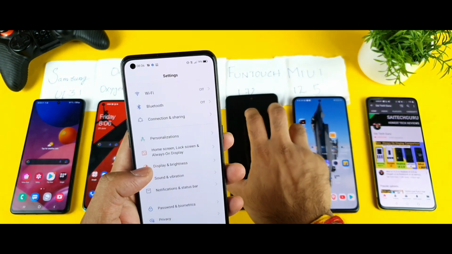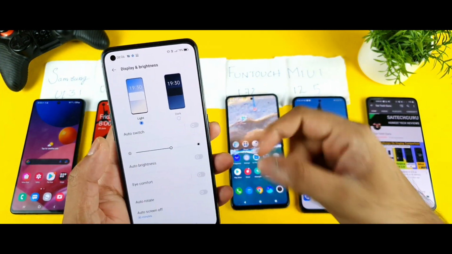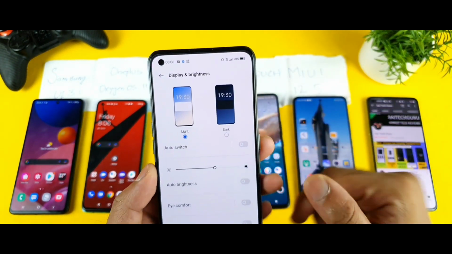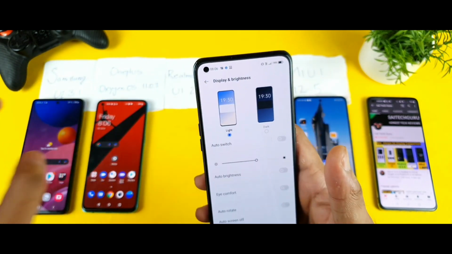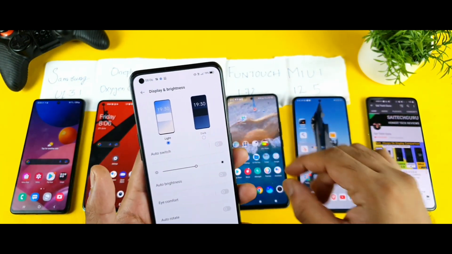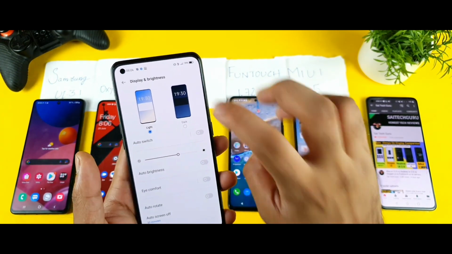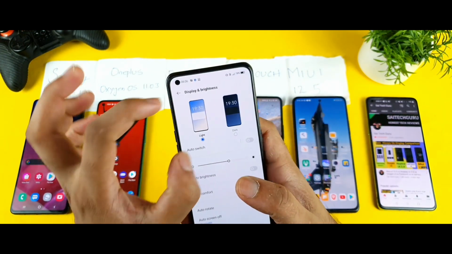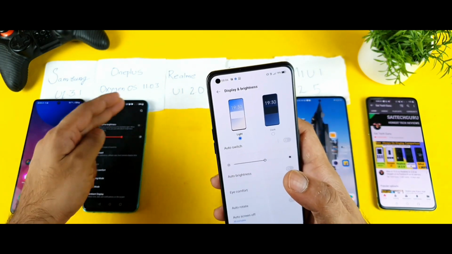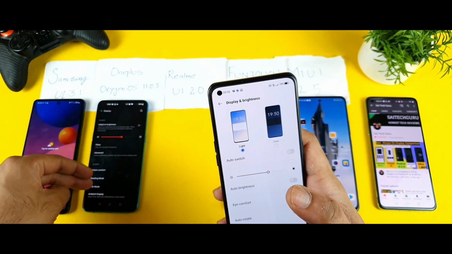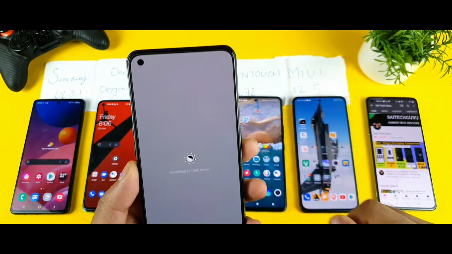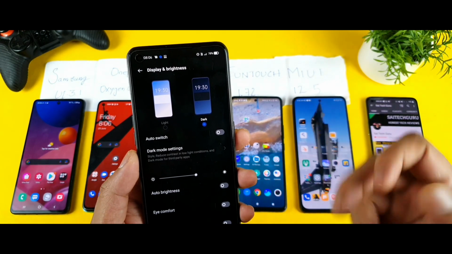So let's go to the display option, which is running the Realme UI 2.0 at this point. Here you do have this kind of neat, good animation, whereas in the OnePlus Nord you don't get that kind of animation. One thing is that in the Samsung UI, the Realme UI and a few other UIs, the first option will be the dark mode. Yes, if you go to the display, the first option will be the dark mode. But in the Oxygen OS, it's not like that. There is no first option as dark mode. You need to scroll down here. There is an option. That's one thing which I thought of mentioning. And switching to the dark mode, you do get this kind of animation as well.